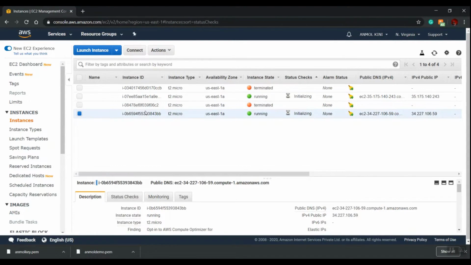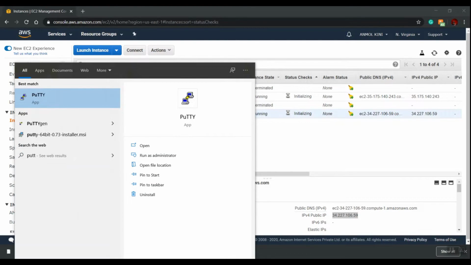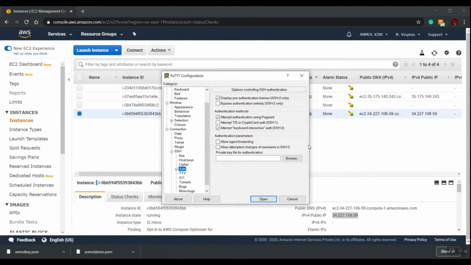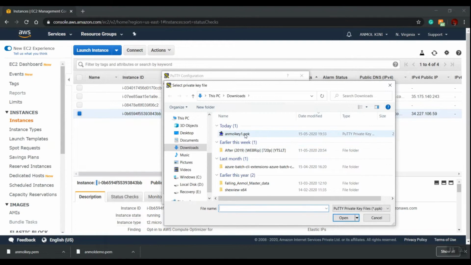So now let us go into instance 2. Copy the public IP address, get into PuTTY. Paste the public IP address and browse for the private key which you just saved.